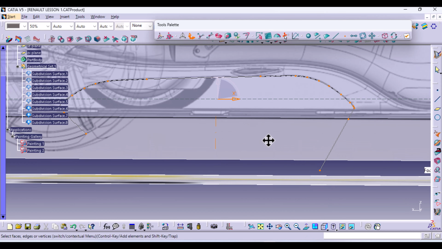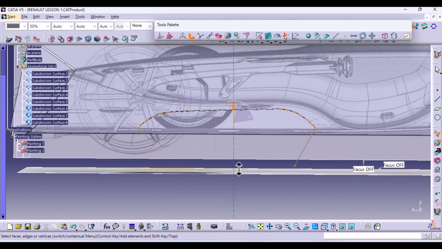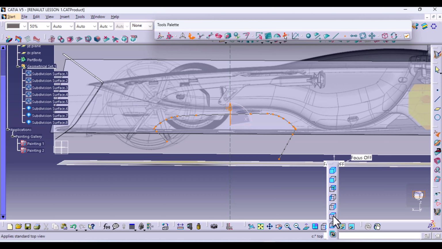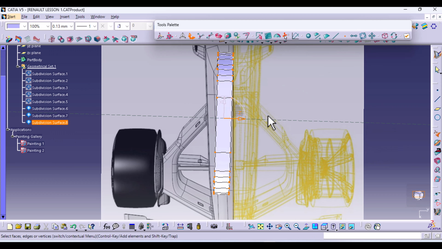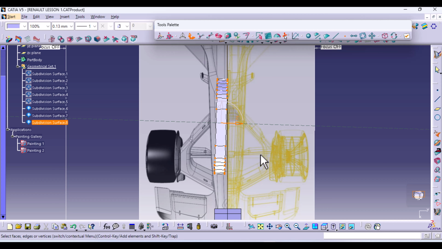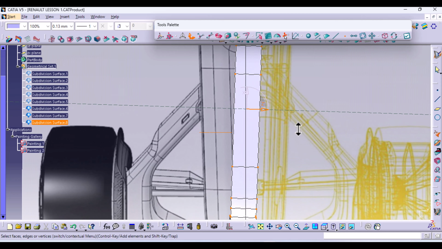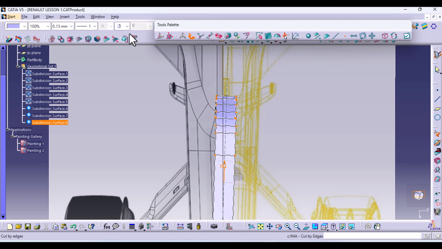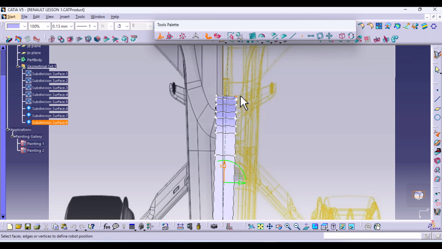So that's the other surface. We go to the top view, make sure it's cutting through the midsection. And I don't know why this doesn't align on the XZ plane. We're going to have to do something about that. So just drag it across this midsection. And all we have to do is select robot definition,